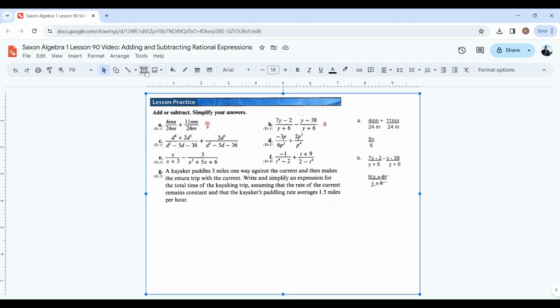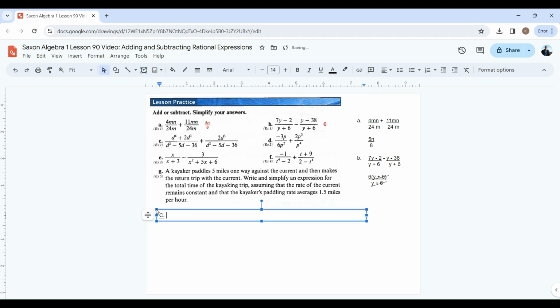Let's get our text box in, and then we're going to do letter C: d to the fourth plus 2d cubed plus 2d cubed, another 2d cubed. And that's all going to be divided by the same thing that was on the bottom to begin with. So it's going to be divided by d